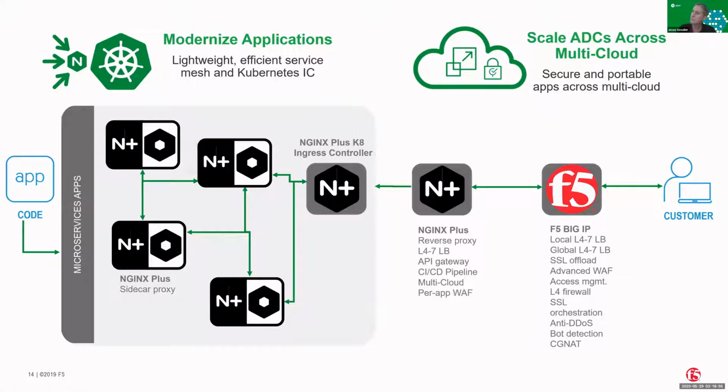So I mentioned earlier on the right-hand side here is kind of the perimeter of your data center, whether that's a cloud or on premises. A lot of security functions BIG-IP is the best at, including denial of service mitigation, SSL offloading, things that you're using BIG-IP for today, continue to do that. Where NGINX fits in an F5 world is really helping the developers to have their